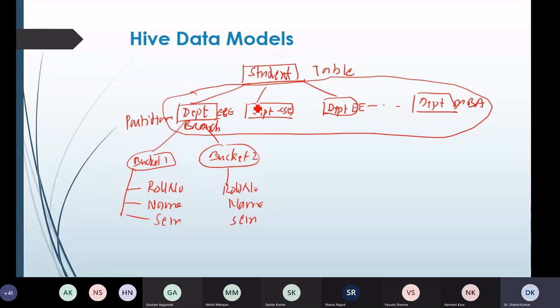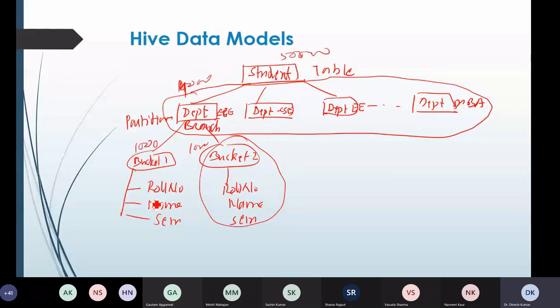Let's say we have 50,000 students overall in EC, and here we have 1,000 students here, 1,000 students here, like this. So this is 4,000 students, let's say, so 1,000 students per bucket.